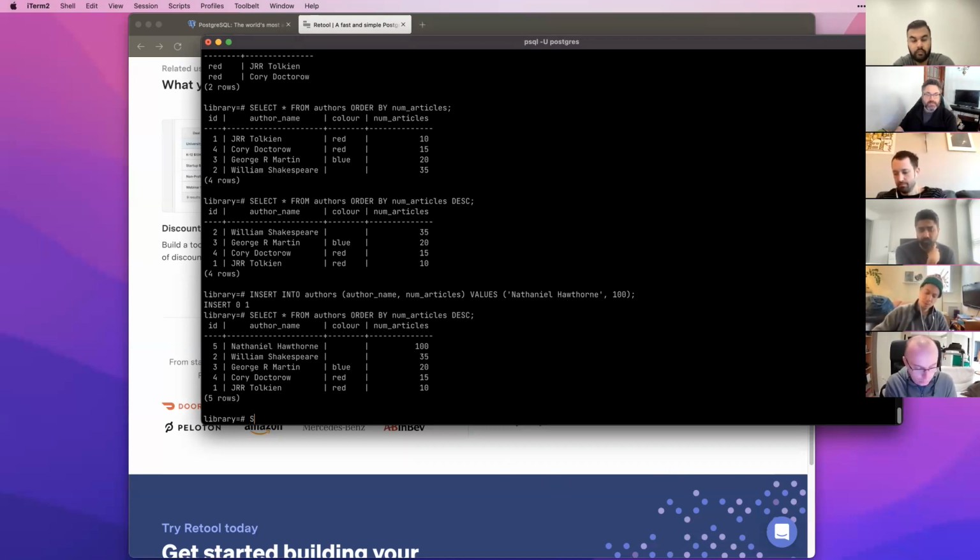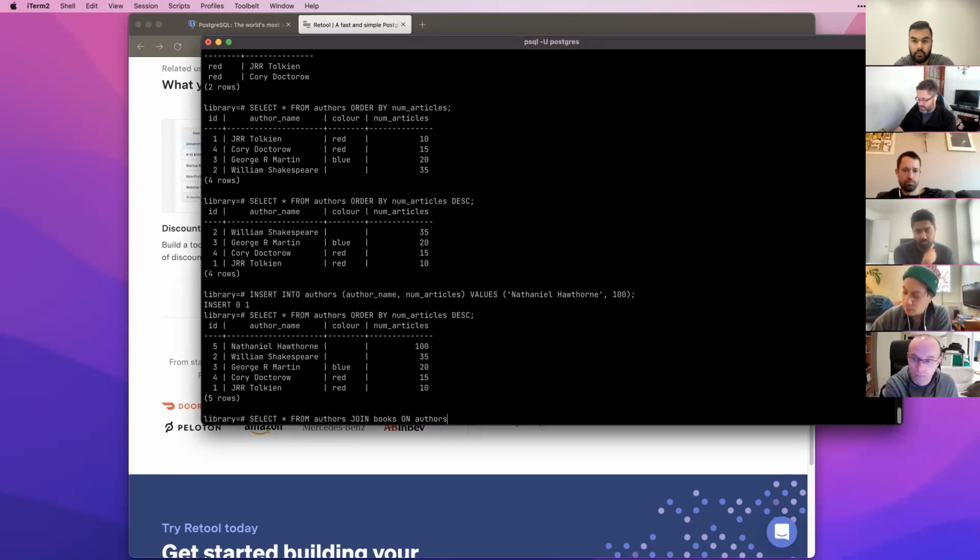So I could say select, I'm just going to say star from authors join books, and I have to give the relationship here. There's a different syntax here. And what I need to do is say